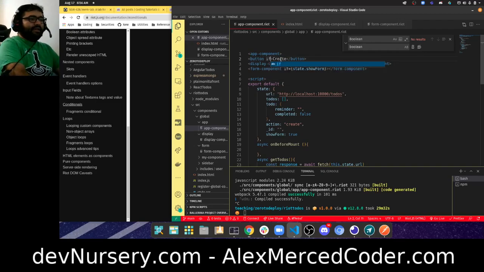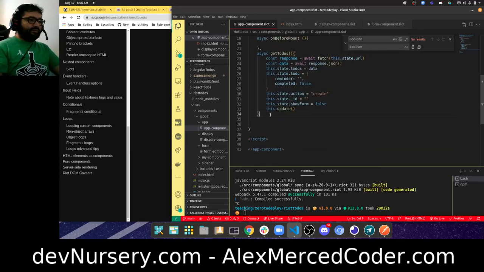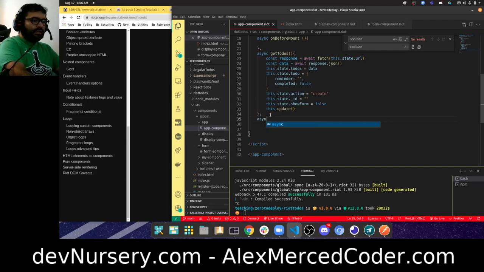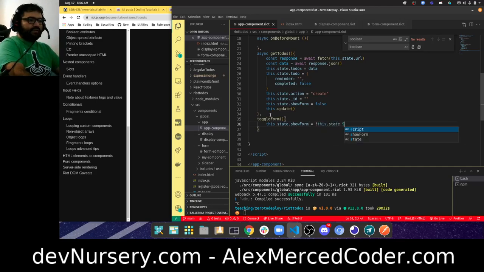And on the button, what we're going to do is trigger a function, toggle form, and this one's going to be pretty straightforward. All this is going to do is just say this.state.showForm equals not this.state.showForm,